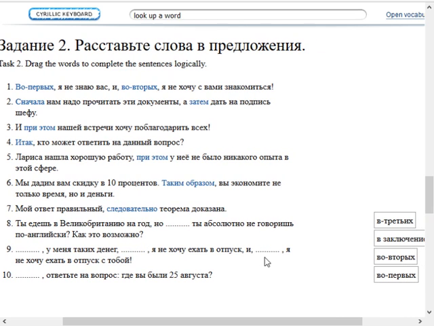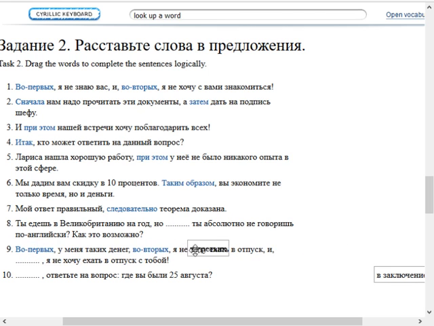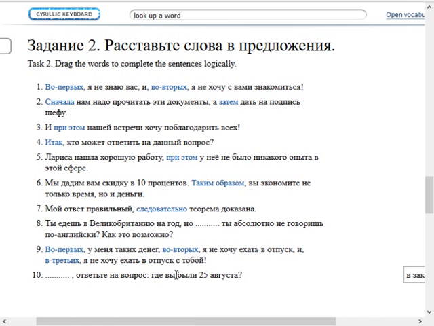the way that these are listed here makes it pretty clear that this is firstly, secondly, and thirdly. So once again, во-первых, во-вторых, and в-третьих. Okay. So first of all, I have no money. Secondly, I don't want to go on vacation. And thirdly, I don't want to go on vacation with you. Okay. And finally, something